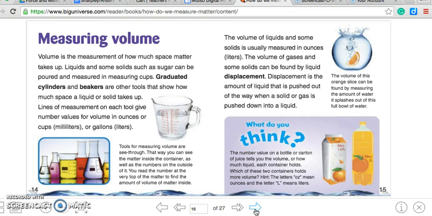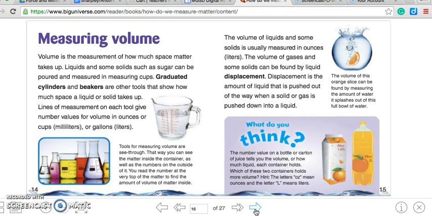Measuring volume. Volume is the measurement of how much space matter takes up. Liquids and some solids, such as sugar, can be poured and measured into measuring cups. Graduated cylinders and beakers are other tools that show how much space a liquid or solid takes up. Lines of measurement on each tool give number values for volume in ounces or cups, or milliliters, or gallons or